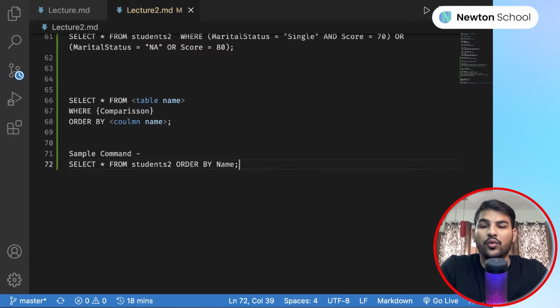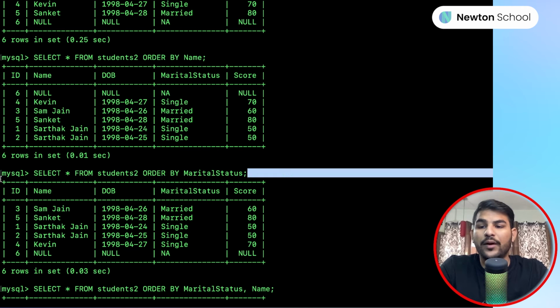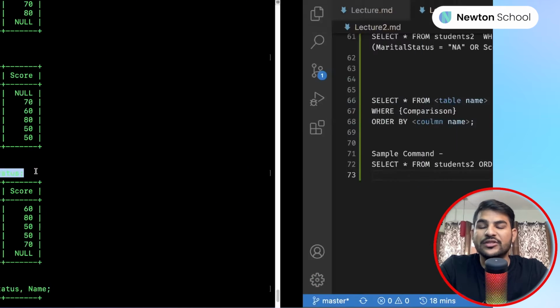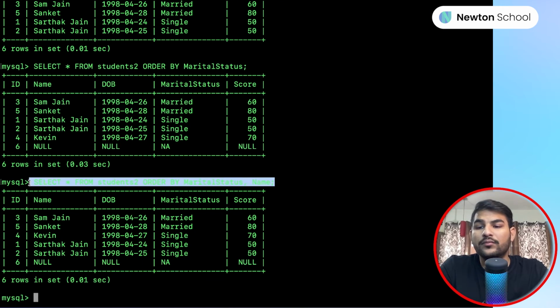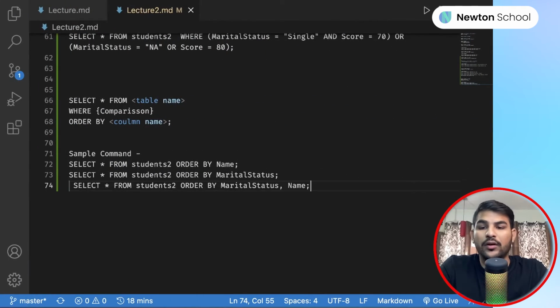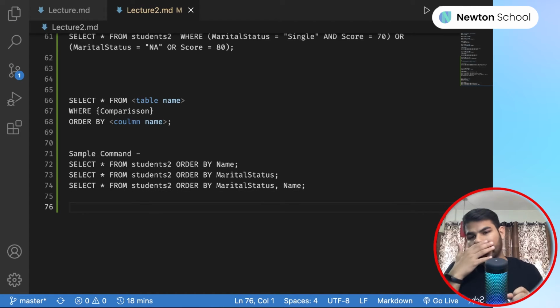Command Control V. I am giving you marital status so that you can try and check this. And also I'm giving you multi-column commands, so you can try this as well, right? Okay. Now, very interestingly, if you want to check that, I don't want it in the ascending order, because by